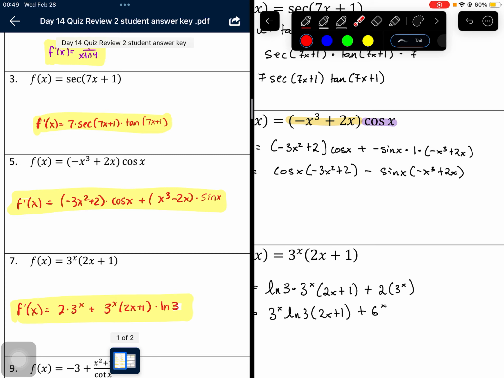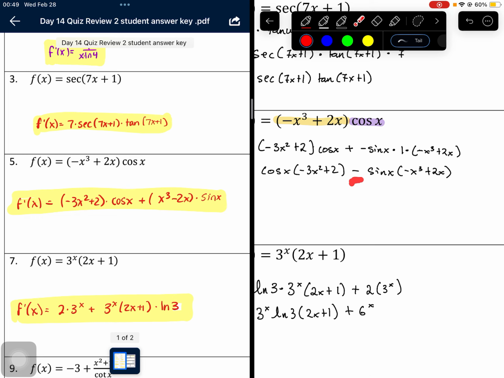Or did we? I think there might be an error on the answer key, because technically speaking, that cosine equates to a negative sine. Yeah, there's a mistake on the answer key. Yep, that negative should be there since this cosine equates to negative sine x. So therefore, our answer